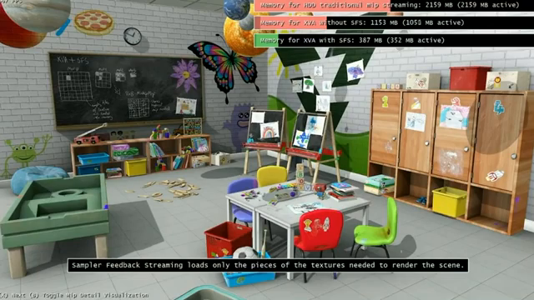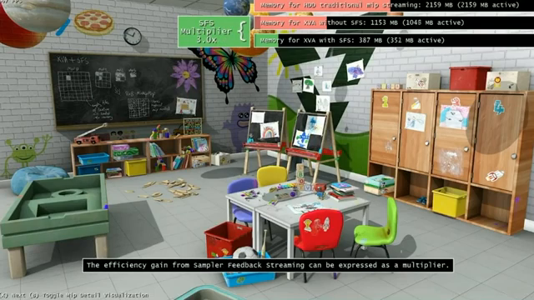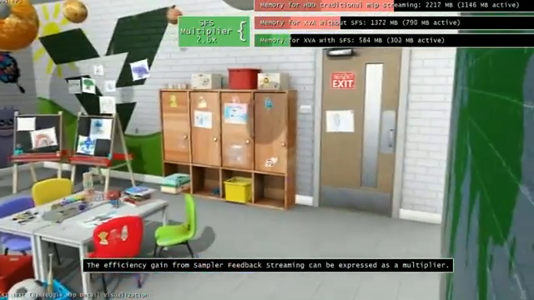But with sampler feedback streaming, we can use significantly less memory to render the same scene, and a corresponding reduction in the amount of storage we use to load the data into memory. That means that for the same scene, we're loading it faster on Xbox and using less memory than on competing platforms. We think of this efficiency gain as a multiplier on our storage performance and our graphics memory size. With this view of the scene, the value is 3.0, and you'll see the value change as I move around